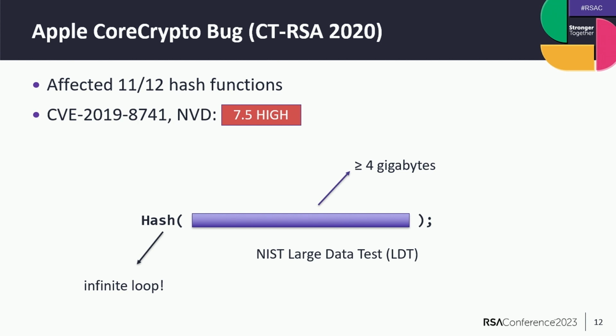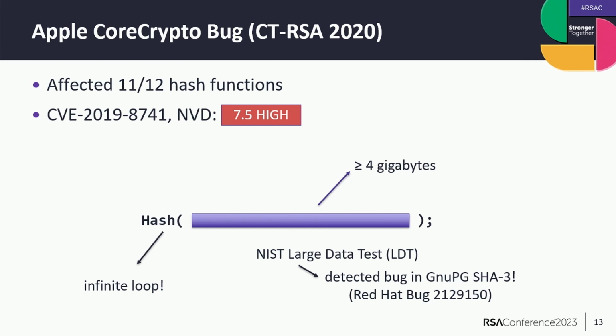What I found really interesting is, I'll give a presentation now about a vulnerability that I found in the SHA-3 implementation by the designers. But there's actually another SHA-3 implementation where a bug was discovered at the same time, I just stumbled upon it when I was looking online, like who's talking about SHA-3, when this was disclosed. And that's a bug in the GNU-PG SHA-3 implementation. There's no CVE number, but there's a Red Hat bug ID. So it seems that whenever you introduce a new test for something, if it gives a hit on one implementation, there's a good chance that at some point down the line it might trigger somewhere else as well.